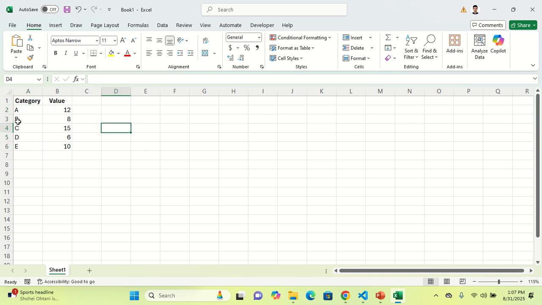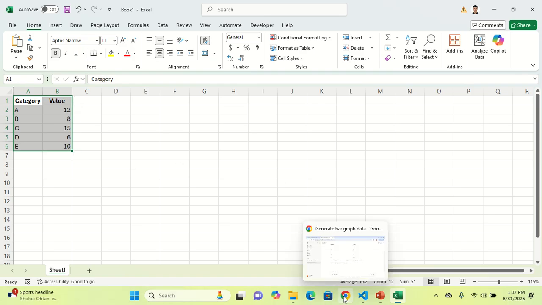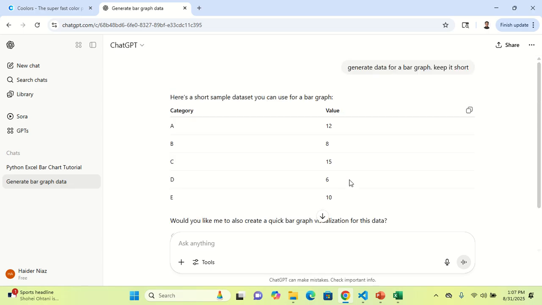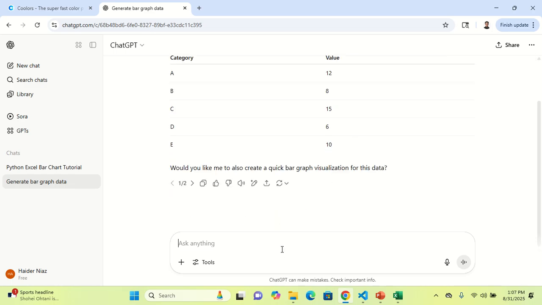So firstly, since I have this data, I'm going to head over to Google, and then go to ChatGPT, and ask a simple thing. First I asked it to create generated data for a bar graph and asked it to keep it short. It gave me a set of data with 5 categories and different values. Now I'm going to create a script